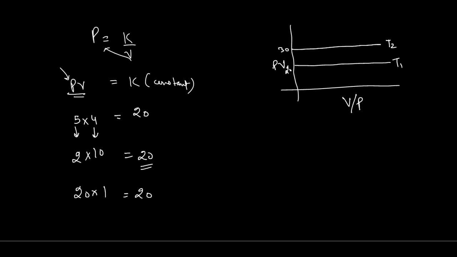Okay, the product of PV is 30. And if we consider this one is T3 and we go here, this is 40 here. So what will you consider, that T1 is greater than T2 is greater than T3? T3 is greatest, right? Yes, T3 is greater than T2 is greater than T1. So could you explain to me why this is happening?